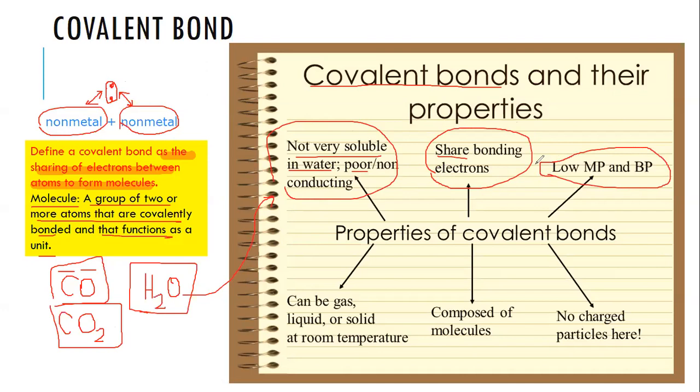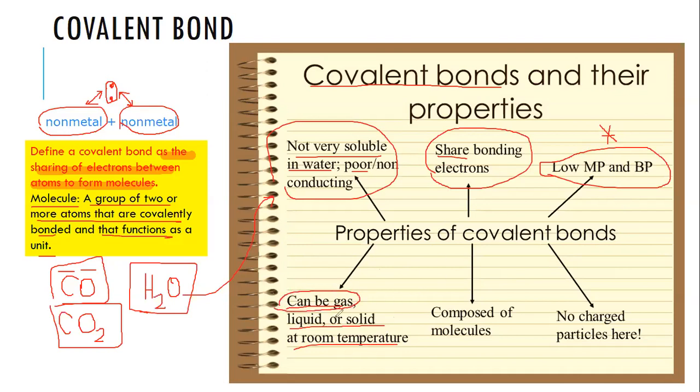One example of this is that they are usually in the gas phase. If you look at the right hand side, like H2, Cl2, and then F2, and then O2, N2. These are covalent structures or covalent molecules, and then they usually have low melting and boiling points. That's why at room temperature, at 20 degrees Celsius, they are in the gas phase. And then they can be gas, liquid or solid at room temperature, yes, but mostly they are in the gas phase,